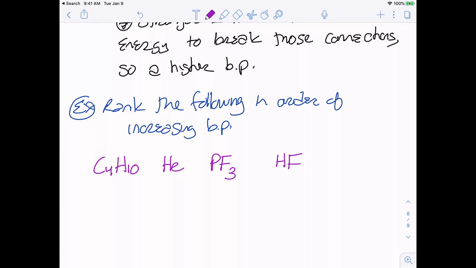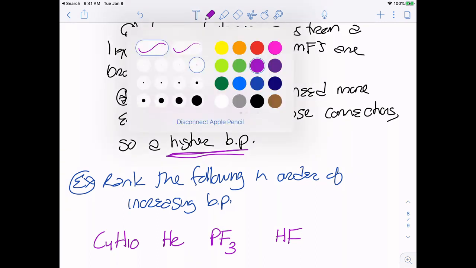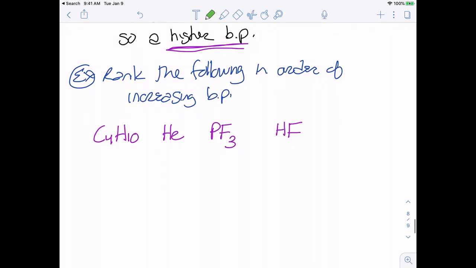So essentially what we're saying when we say rank the following in order of increasing boiling point is rank the following in order of increasing strength of intermolecular forces, right? Because stronger intermolecular forces are going to give me a higher boiling point. So I want to know which ones have the weakest forces and rank them to the strongest forces. Remember, to do that, we have to determine if they're polar or non-polar. So this first one,